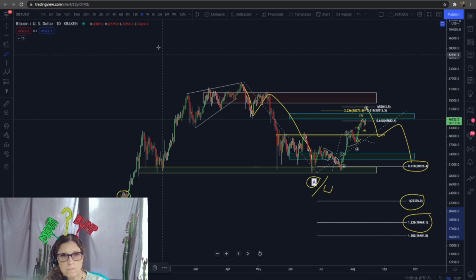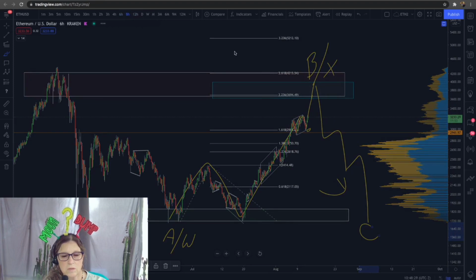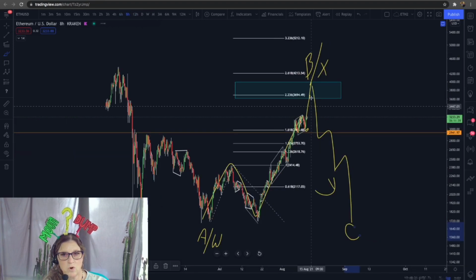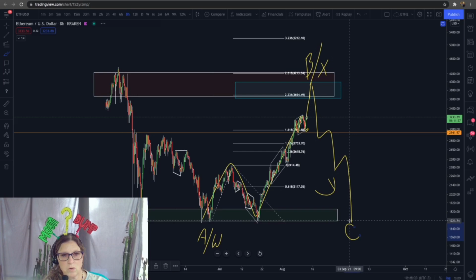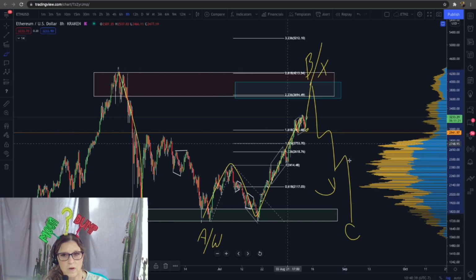Okay. Back over to ETH now that I remembered what I wanted to say. So with ETH, it's the same exact thing. If we stop here at the 2.236, and I am correct that we're going to get this partner leg to the downside from this partner leg over here. If we make it up to the 2.236,